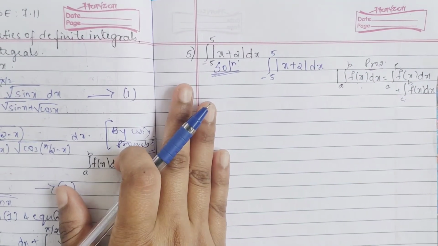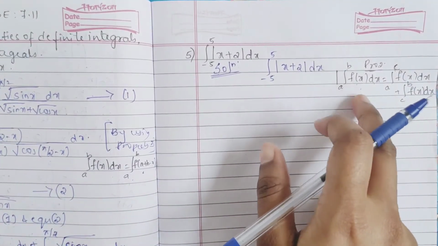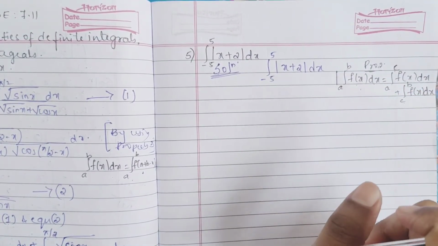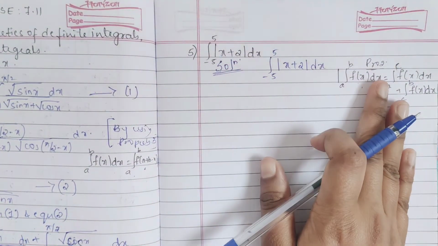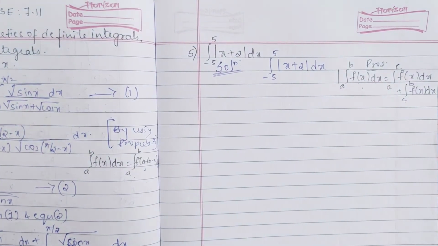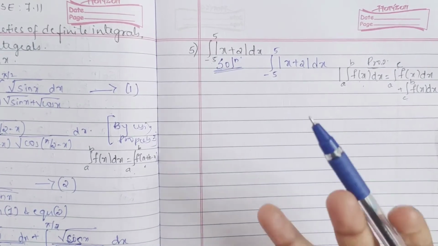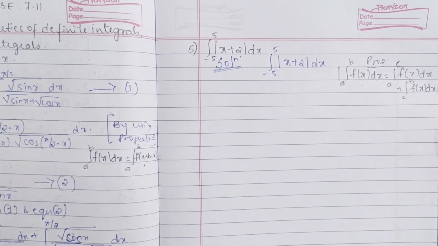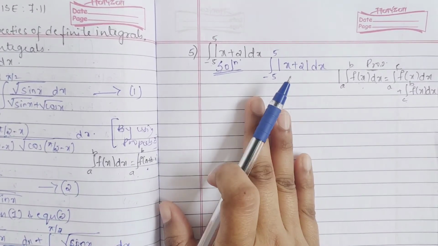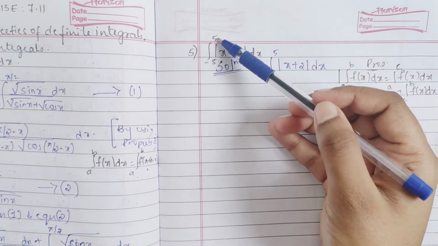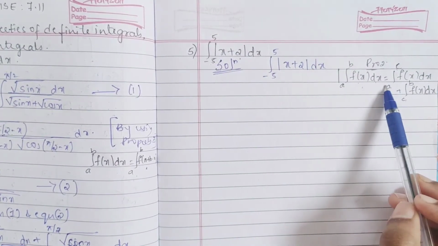As in the exercise part also, I had taken that part, and that also had a modulus, and I went to which property? Property 2 itself. So you should always remember, whenever you have a modulus you have to go with this. Now here it is minus 5 to 5, so you may even ask, ma'am, can we use property 7, the last property where we were checking odd and even? But no, don't use it. Yes, it is minus a to a, but still you see the function here is in mod, so better go for property 2.